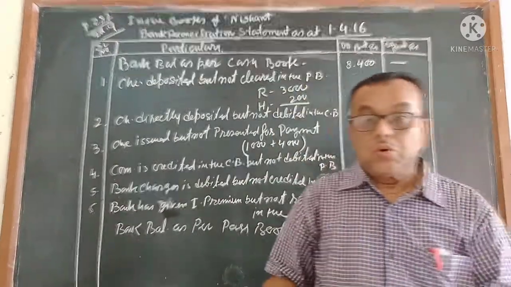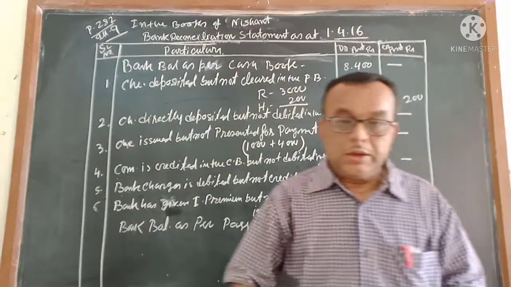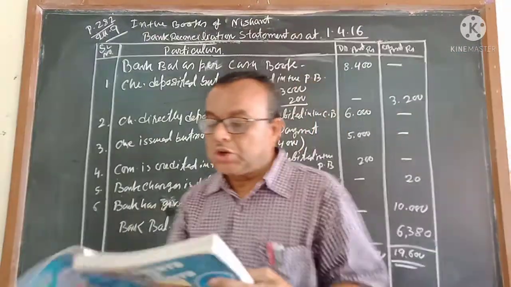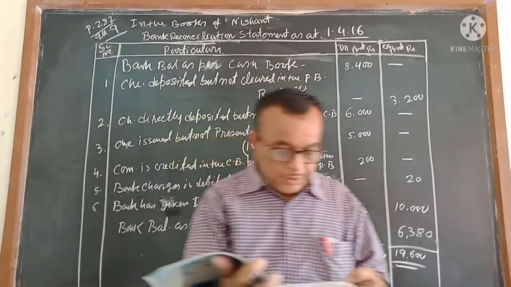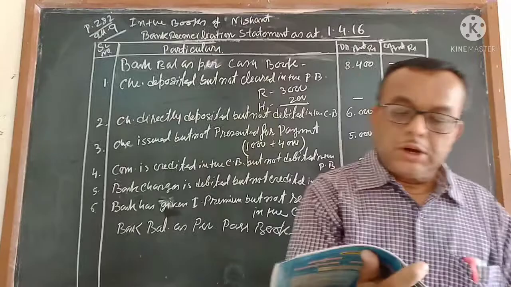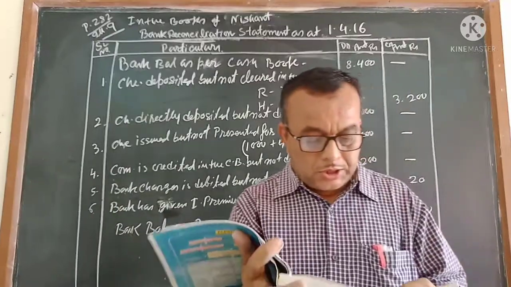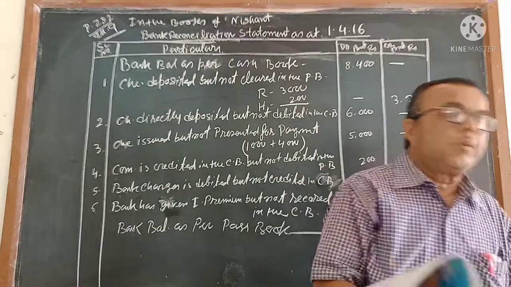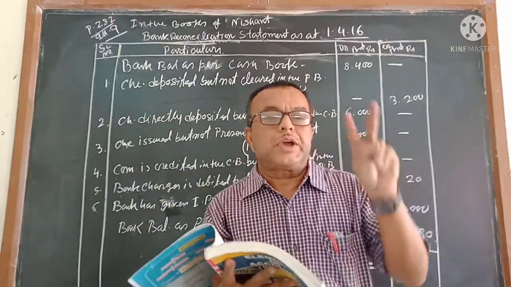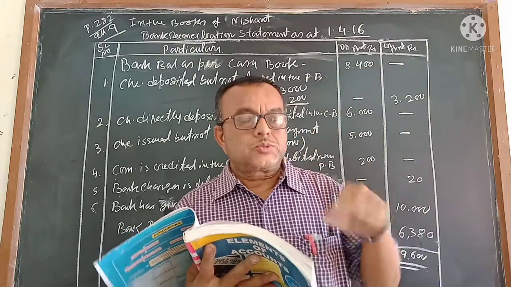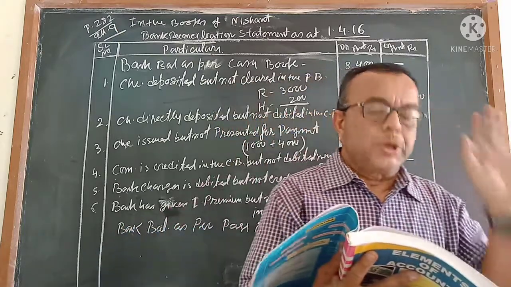Also, I am just explaining orally, and you try to follow it. What is given, what is not given. But it is also in book form. In the previous sum, the cash book was given first, then the passbook. Now the passbook is given first, then the cash book. No problem, but I will compare the two columns at a time. Cash book debit with passbook credit column, and cash book credit column with passbook debit column.